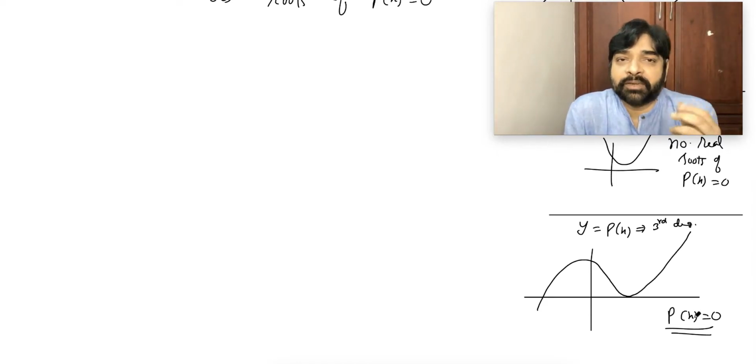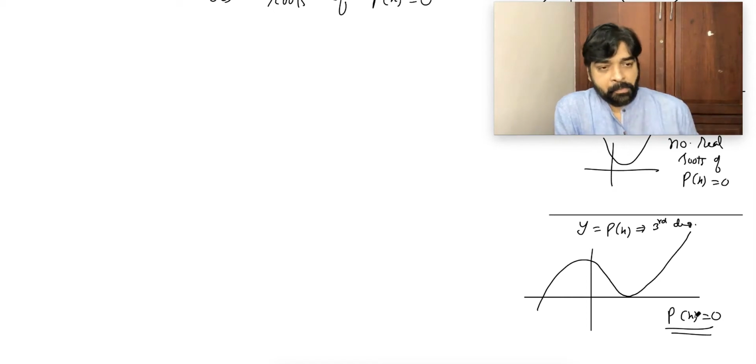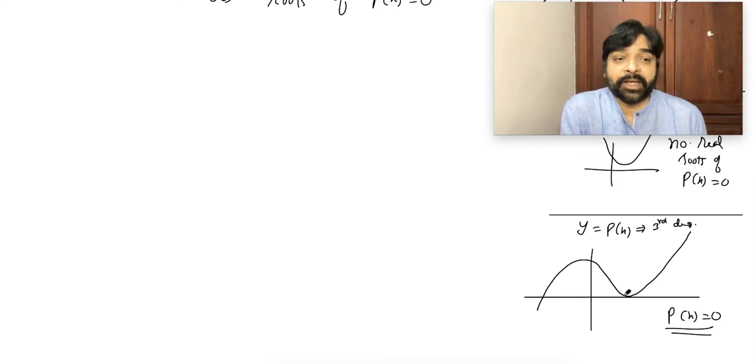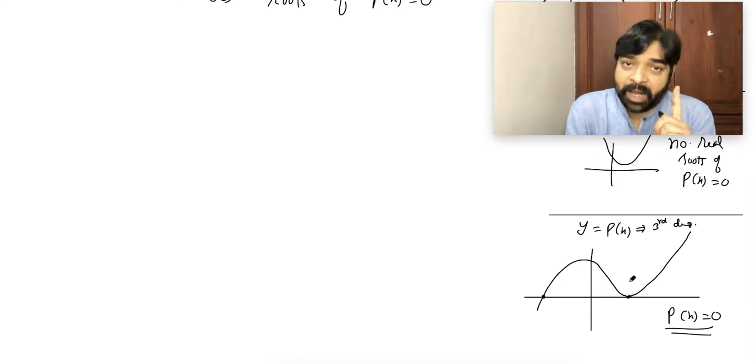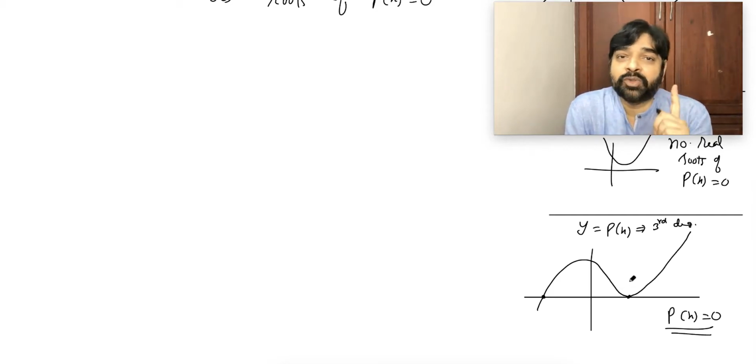How many roots of p(x) equal to 0? Real roots. How many real roots are there? 3 real roots. 1, 2 and 2. Whenever the graph touches the x-axis, it means having the repeated root, having the equal roots. Always fix this in your mind. I'm not saying 2 equal roots. It may be 2 equal roots, maybe 4 equal roots, maybe 6 equal roots. I don't know. But whenever the graph touches, remember all of you, there will always be a repeated root.